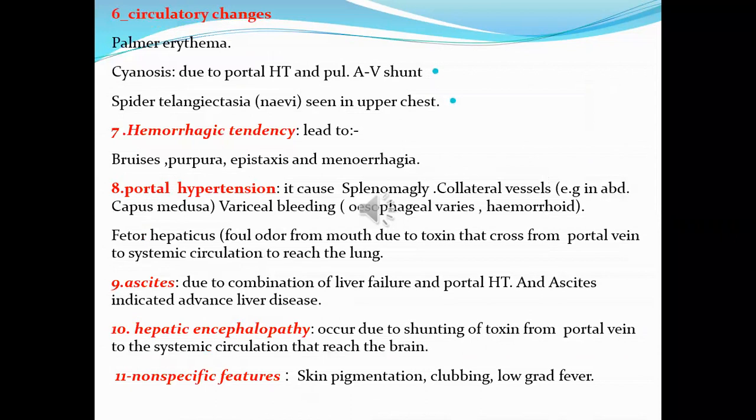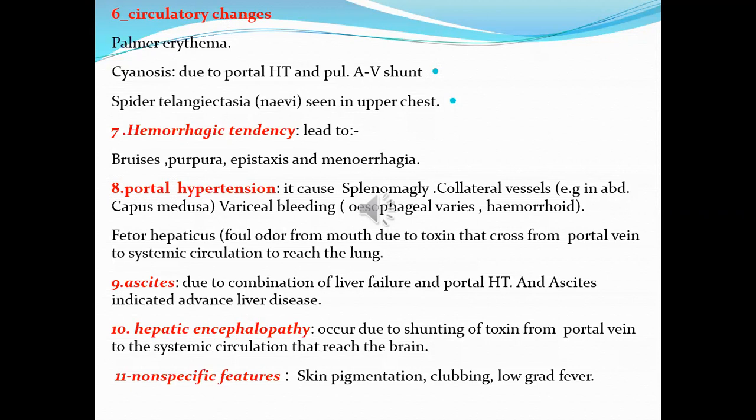Or circulatory change, there is pulmonary arrhythmia. Cyanosis due to portal hypertension and pulmonary AV shunt inside the lung. Spider telangiectasia, or called spider nevi, seen in the upper chest. Hemorrhagic tendency leads to bruises, purpura, epistaxis, and menorrhagia in the female due to decreased synthesis of the coagulating factor,